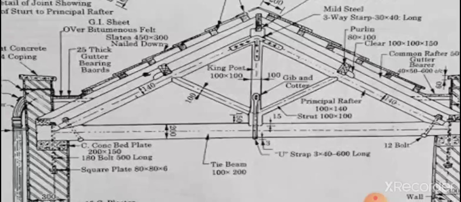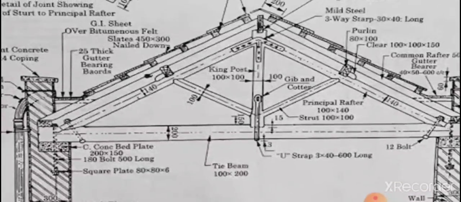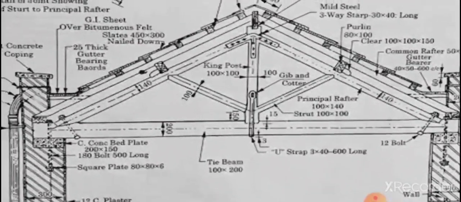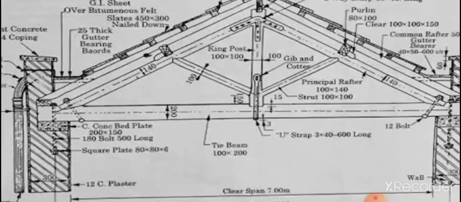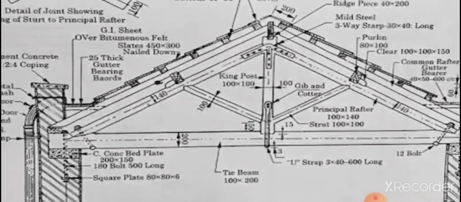The size of the tie beam, as you can see clearly, is given as 100 by 200. That means 100 millimeter by 200 millimeter. This is the cross sectional detail, 100 by 200. The length we can easily find out from this drawing. So what about the breadth and thickness? The breadth is given as 200. You can clearly see in this drawing the breadth is given as 200. So what is 100? 100 is the inside thickness. The breadth is 200 and the inside thickness is 100 millimeter.